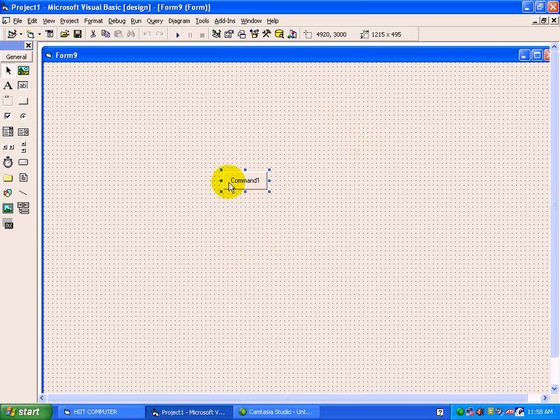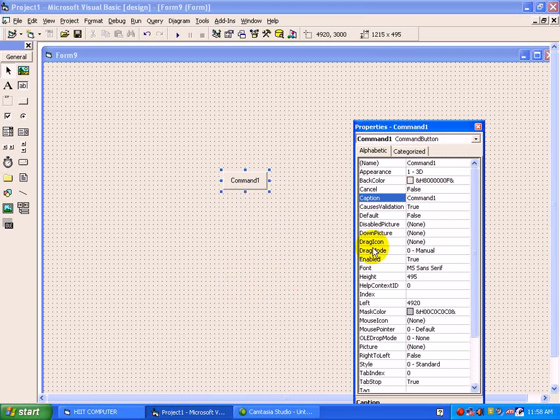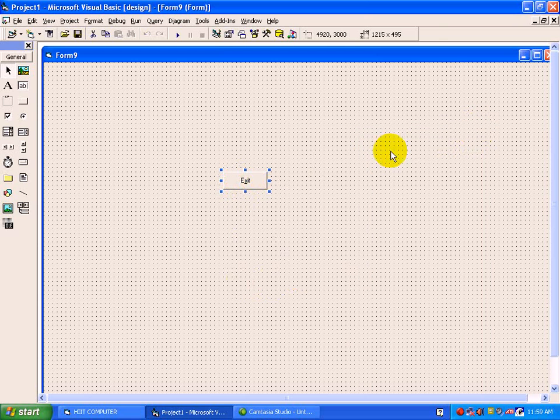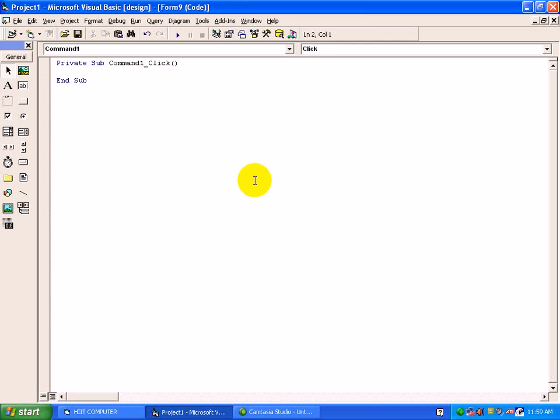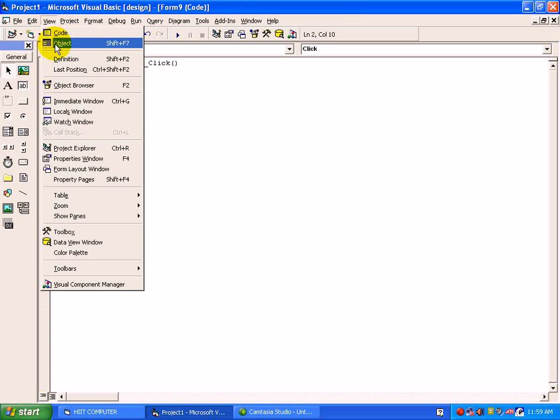Till now we were writing a code for exit, unload me. Through keyboard also, if you want to exit, just add an ampersand sign before X, so Alt X you can press here. You are already familiar with the code. Double click, write the code unload me. The code is same for exit, but